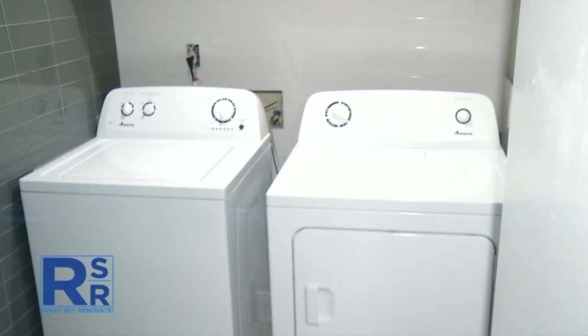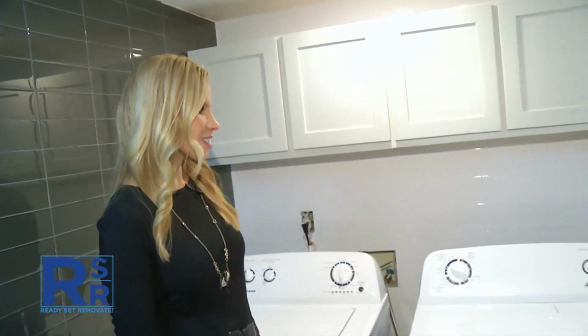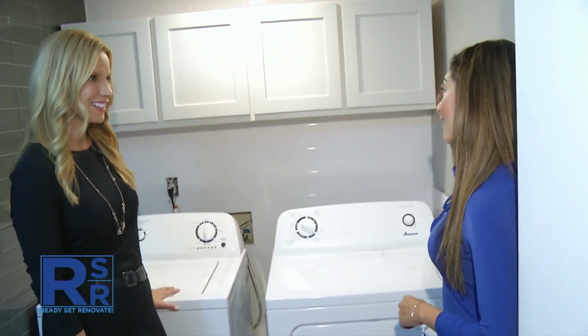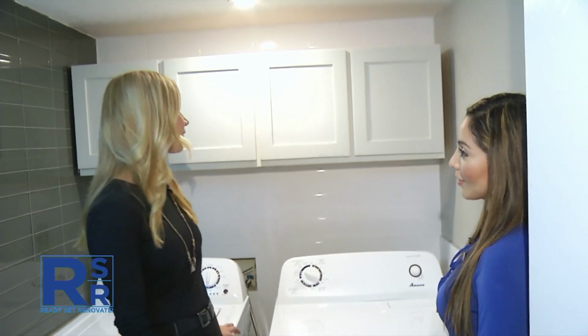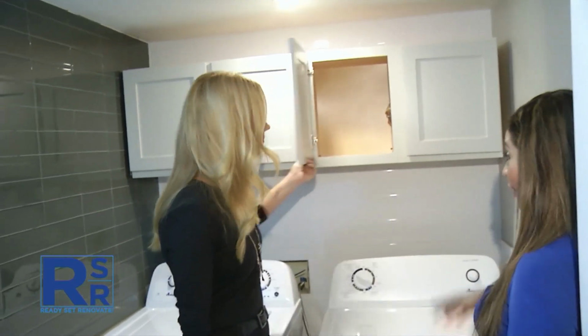Speaking of the tenant, they will be glad to see this when they walk in. Brand new washer and dryer, fits in here very well, and it's kind of off to the side, so they have a nice little space for laundry. Right, exactly. And we added cabinetry as well there too. Right. So for storage, nothing will be cluttered, or at least if there's clutter, you won't be able to see